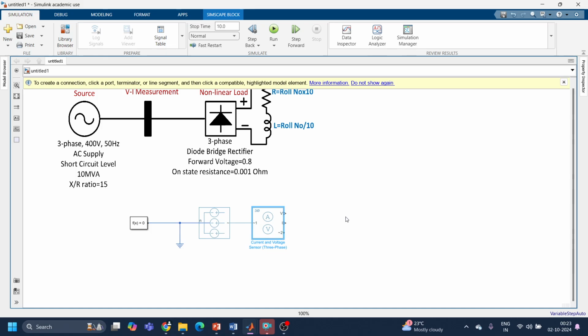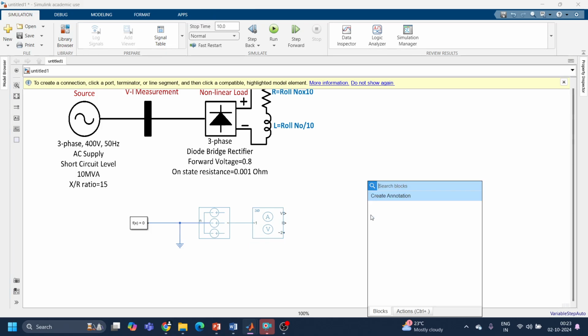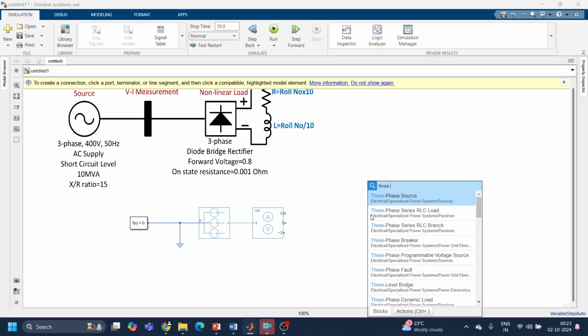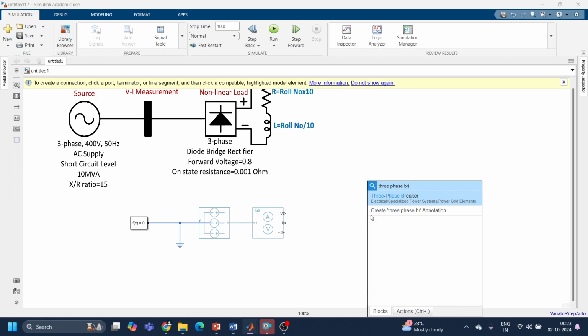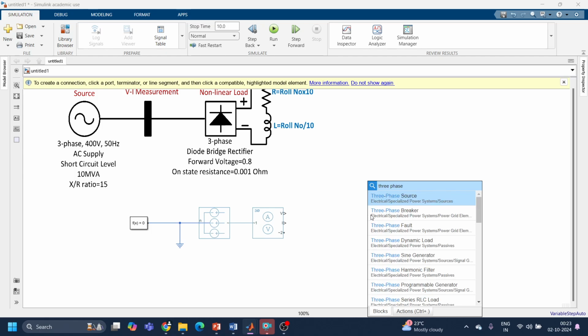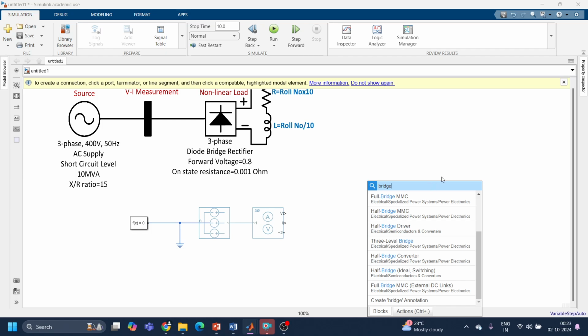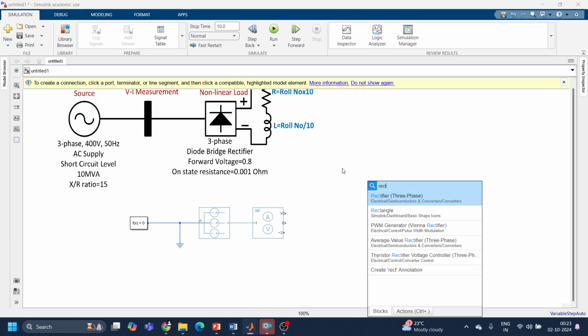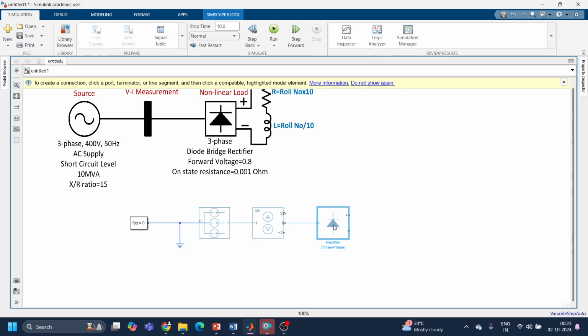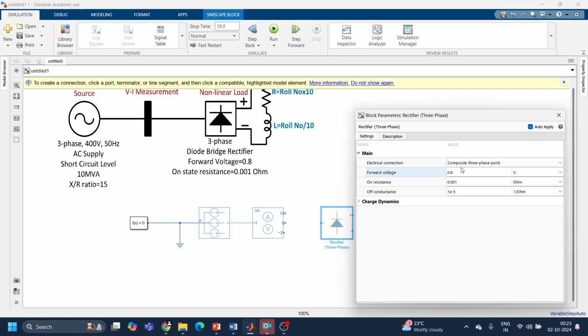From these two buttons we'll get the output. So to these two I want to connect the three phase bridge rectifier. So I'm typing here three phase, or simply type bridge rectifier. Okay, so I need a three phase bridge rectifier, or you can type here rectifier three phase. So you will get this rectifier three phase, where you can give this input as expanded,